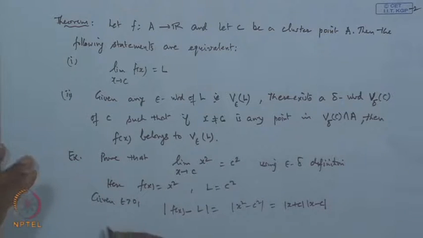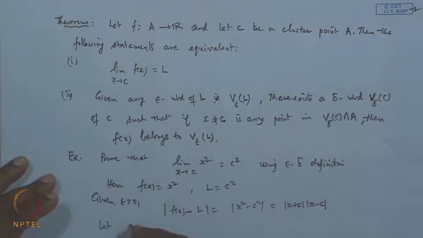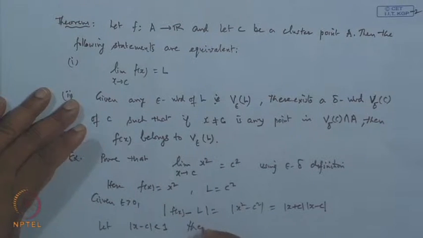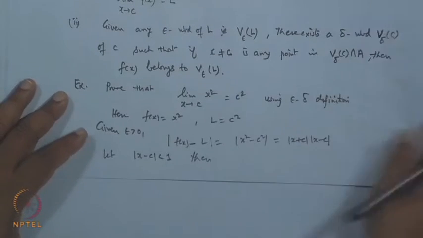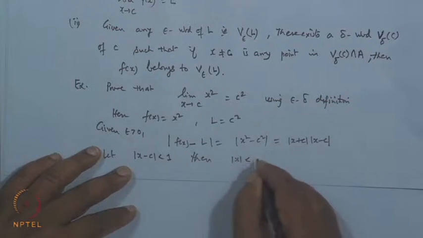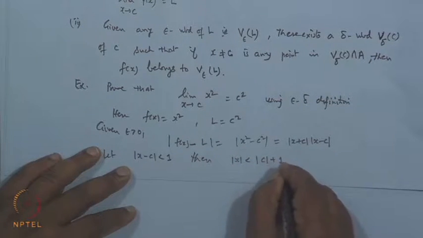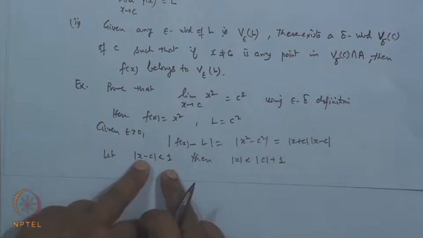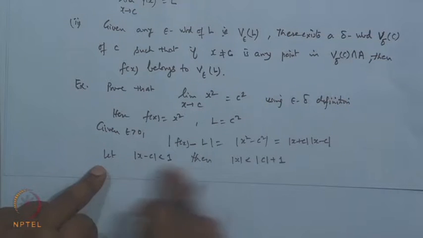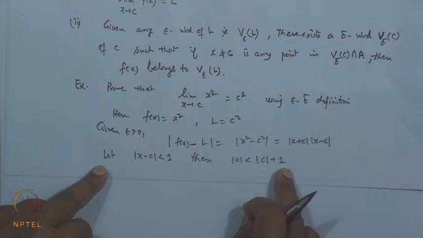So, let us take mod x minus c less than 1 first. Why? Because x is lying close to c. If I take this, then we get the bound for this x: mod x can be written as follows, because mod x minus c is less than 1. So, mod x minus mod c is less than or equal to mod x minus c, and then mod x will be less than mod c plus 1. Therefore,